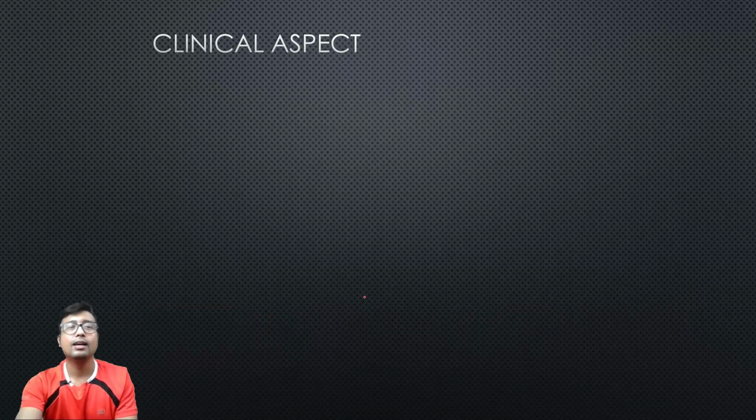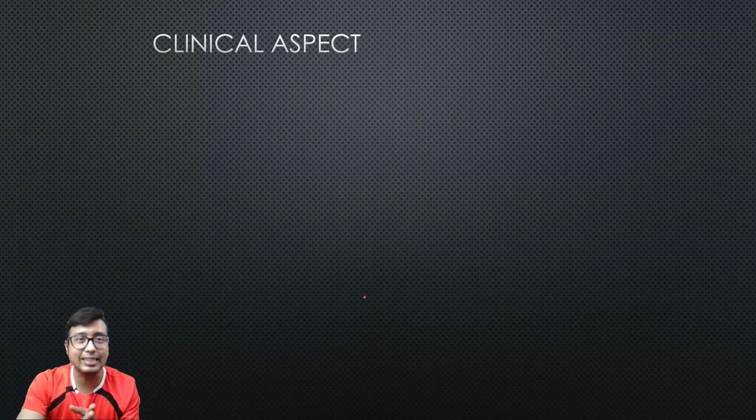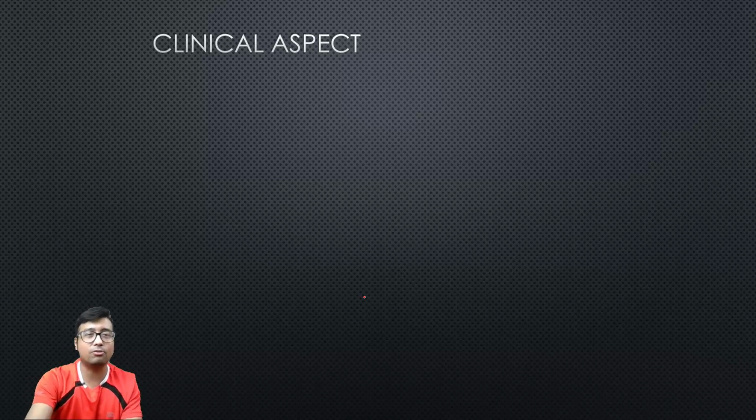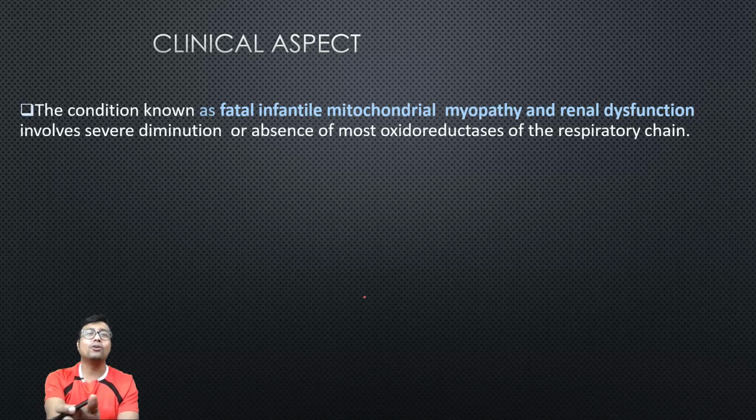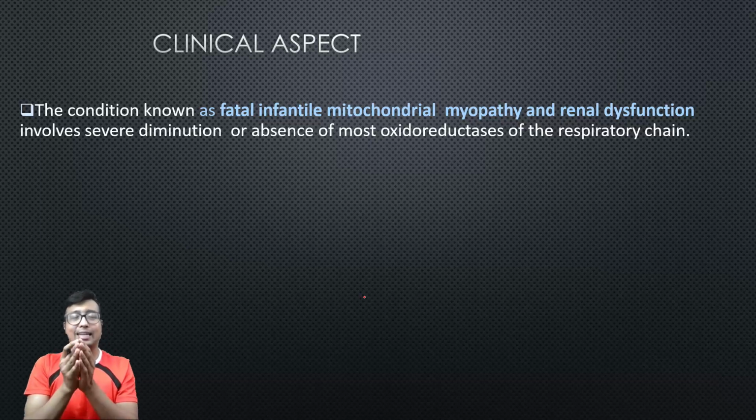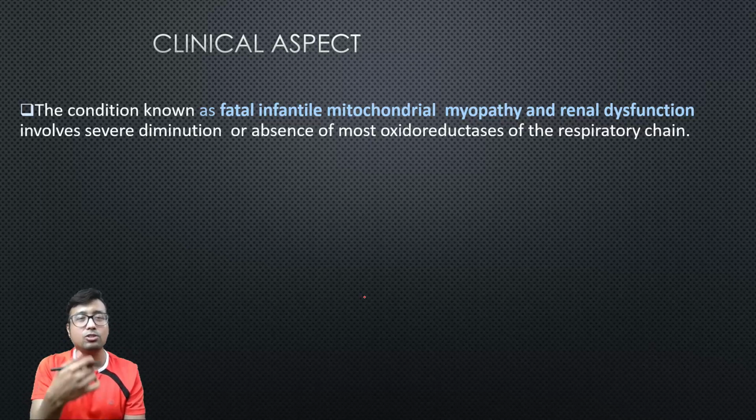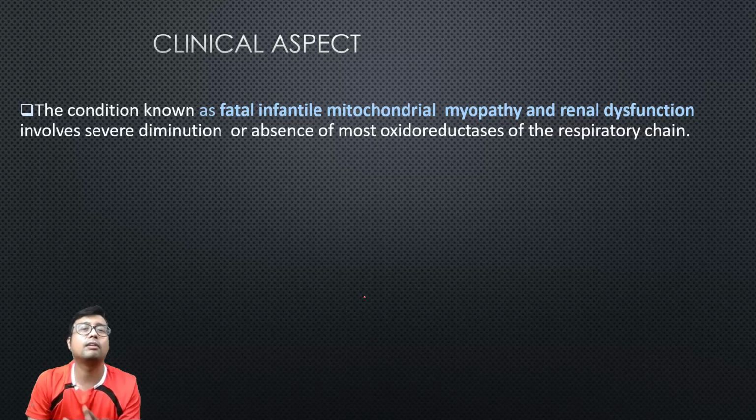So lastly, we come to the clinical aspect, that's the disease. Okay, why are we studying this chapter, what's the use in reading all of these? The use will be told very well to you in pediatrics when you become a final year student, because these mitochondrial familial disorders actually affect the infant. They are so deadly that, being diseases of childhood, the child will not survive into adulthood if affected.